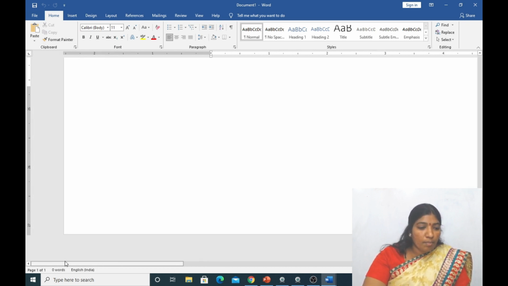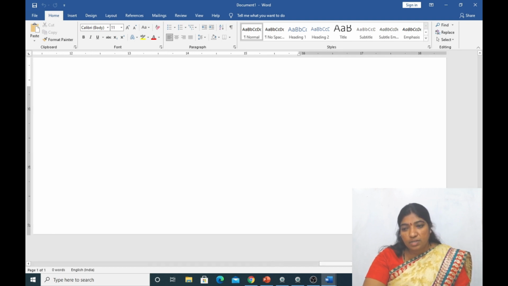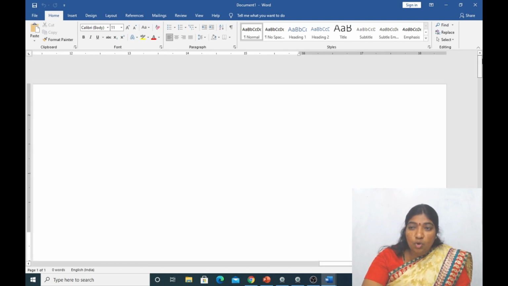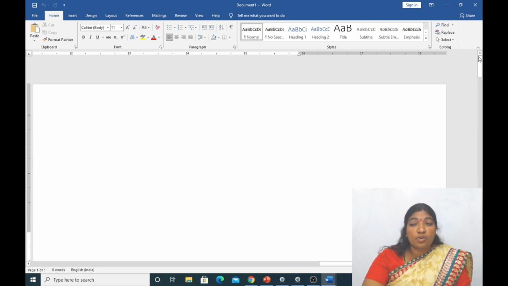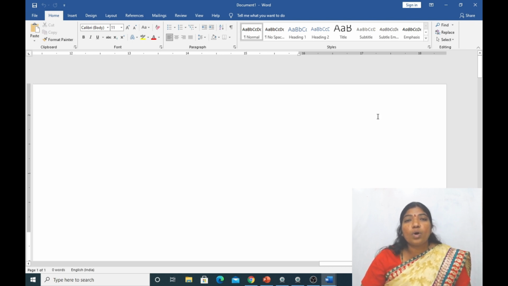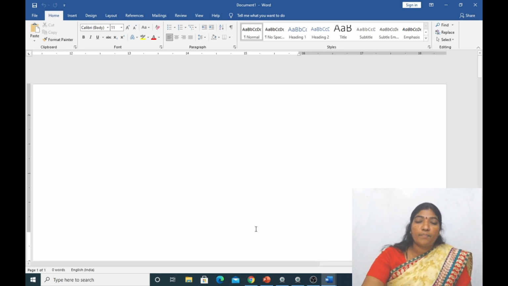There is a major difference. How many types of scroll bar are there? There are two types: the first is the vertical scroll bar and the second is the horizontal scroll bar.